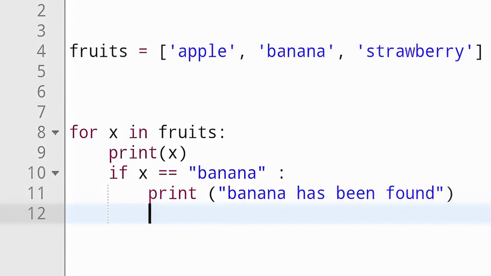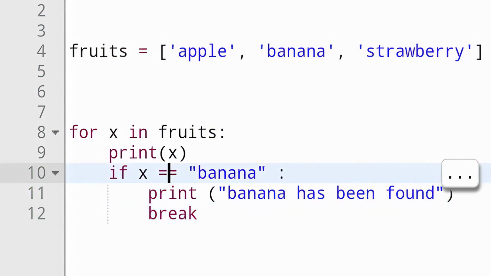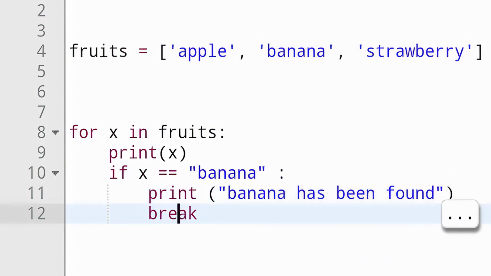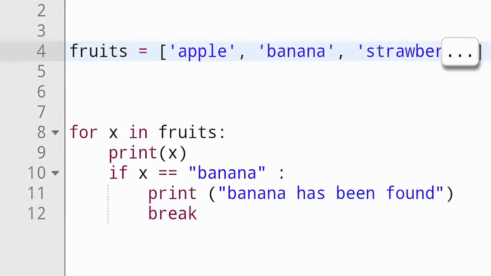All I have to do is put break right here. Whenever you use a break statement, it basically breaks out of a loop. So in this case, if I find banana here and I print out that banana has been found, I can just include this statement right here to stop the entire loop. In that case, I don't have to check whatever is remaining in the loop, like strawberry in this case. Now if I run my code again,